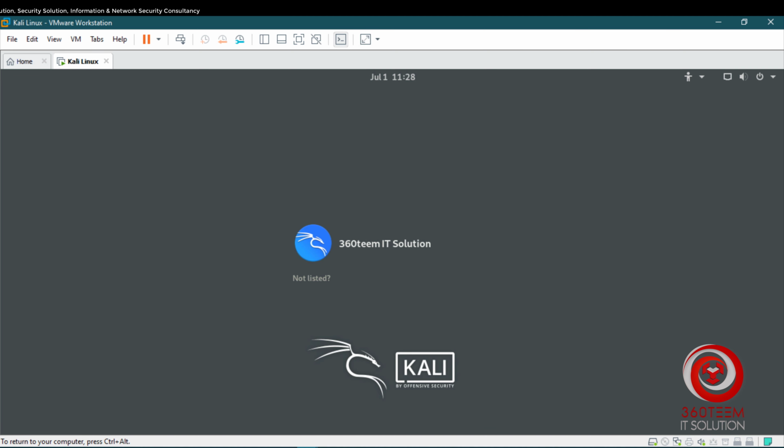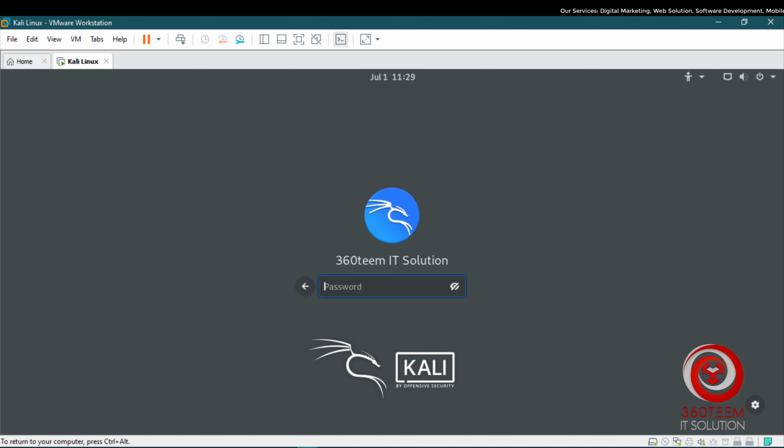It took almost 2 hours because I installed it directly on the pen drive and with all the options Kali Linux has. Now we are going to log in to our account as I created earlier.